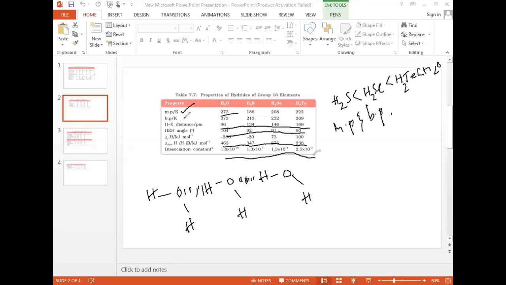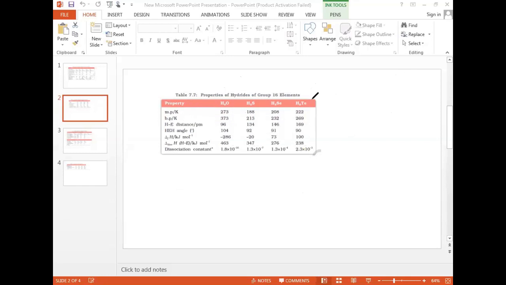But focus mainly on melting and boiling points, because questions come frequently from this. This particular group alone shows the same trend in melting points and boiling points, but that is different in the case of 15th group elements, right? Now generally we see that the first member of any group shows different properties compared with the other members, right? Why is it happening like that?